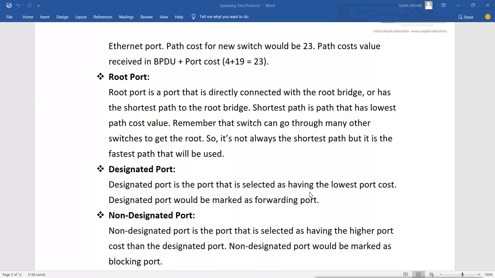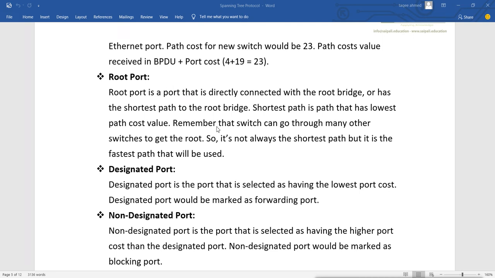So after deciding the root port, how does it decide the root port? By getting the best path for reaching the root. So root port is a port that is directly connected with the root bridge or has the shortest path to the root bridge. Now shortest path is a path that has the lowest path cost, and we have seen how it calculates the path cost.